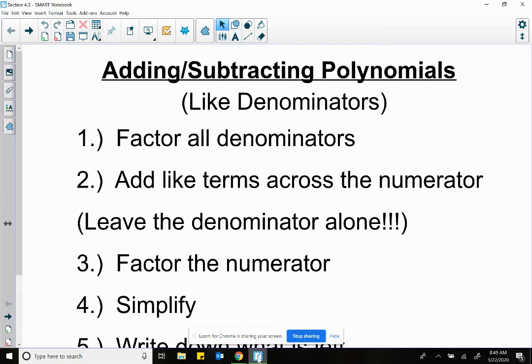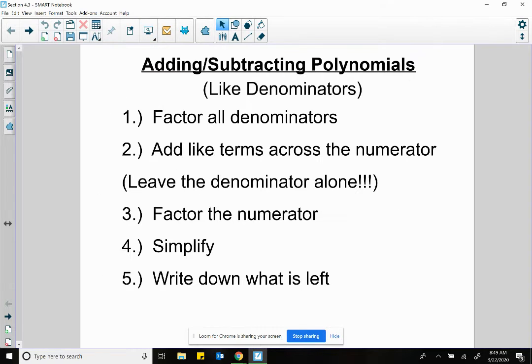4.3 is all about adding and subtracting polynomials. So let me show you the entire steps for adding and subtracting. Now we've got to take this section in two parts. The first part we're going to deal with is where, when we add and subtract, we're going to have those like denominators, that common denominator. Because if you can understand how it works with common denominators, once we get to finding the common denominators,